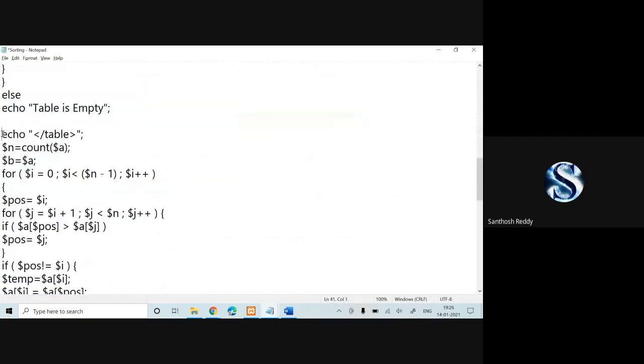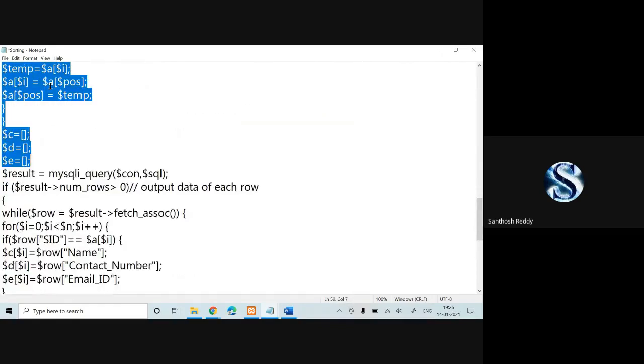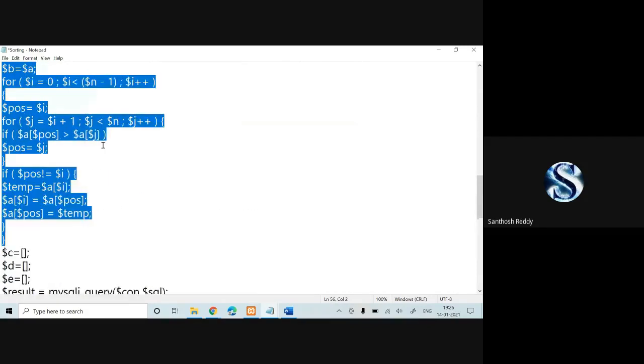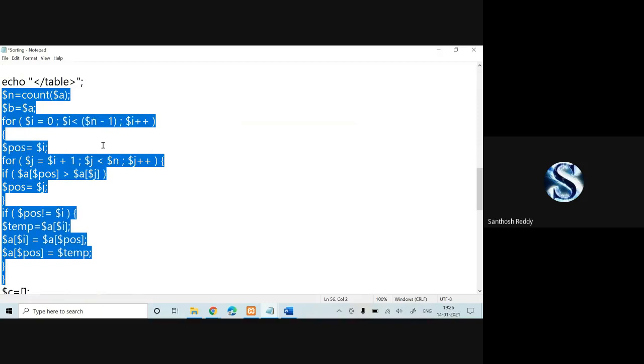Next, from here to here, we have a selection sort. I have used a selection sort to sort the values based on your SID. I need not explain the selection sort again, as you people are very familiar with that, so I've given the code here.